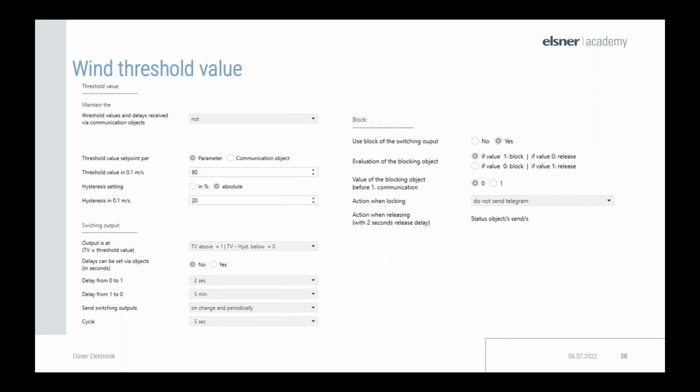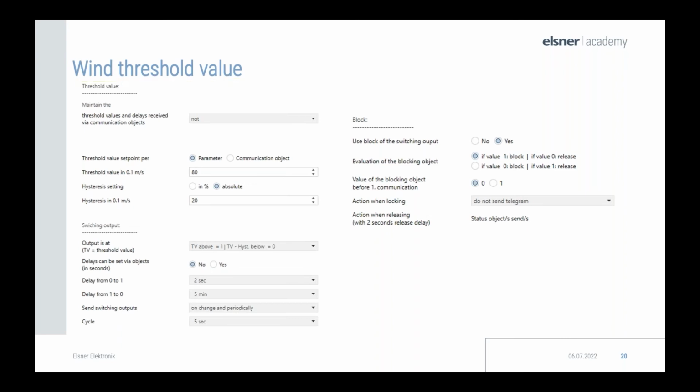Okay, next up, we'll have a look at the wind threshold value. So, setting the wind threshold values. The settings of the wind force depend on the curtain used and the design or positioning on the object. The maximum wind value must therefore be requested from the shading manufacturer.